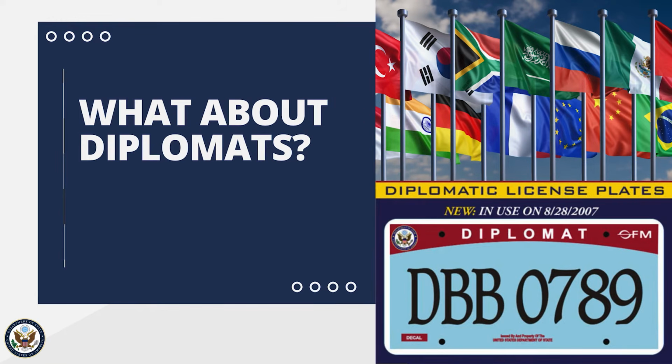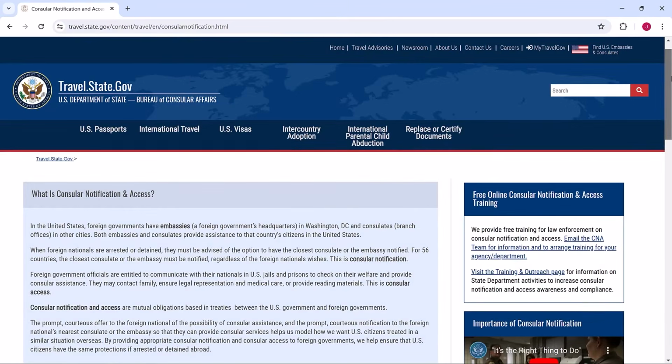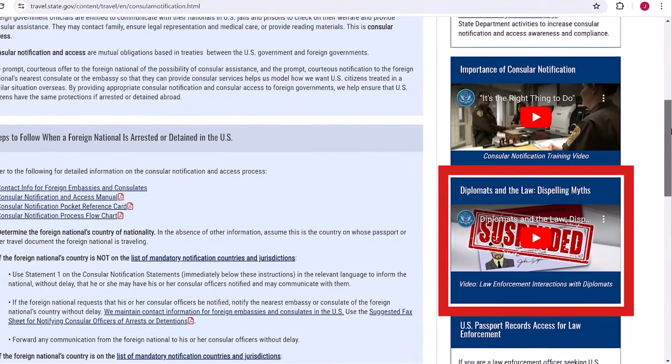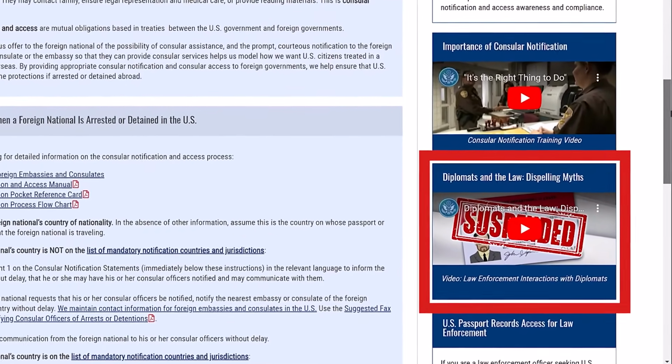We realize that some law enforcement departments might interact with foreign diplomats more often than others. The State Department's Office of Foreign Missions, or OFM for short, is responsible for the issuance of all diplomatic ID cards, driver's licenses, and vehicle plates. On our website, we have provided you with a short video dispelling the most common myths about law enforcement interactions with diplomats and their family members. If you have more questions regarding diplomatic immunity, validation of identification, or anything to do with diplomatic interactions after watching the OFM video, please contact OFM. Their contact information will be listed at the end of this presentation.